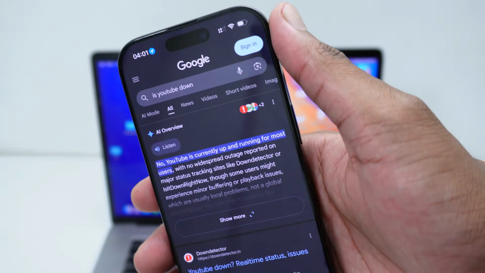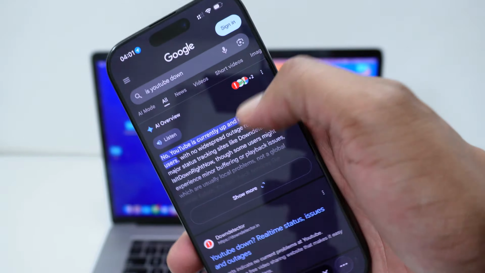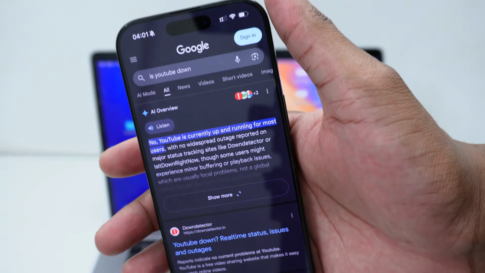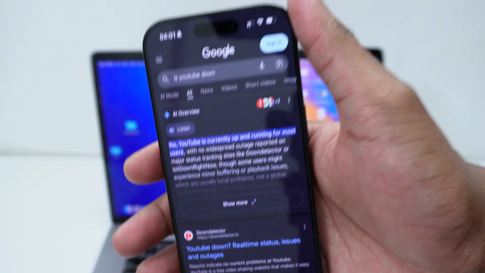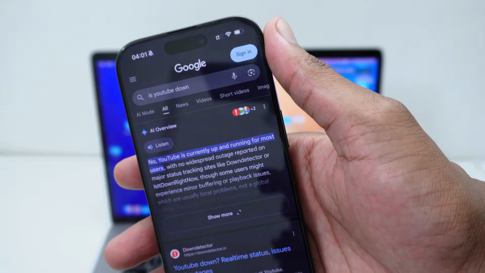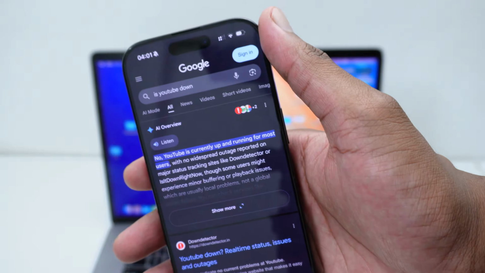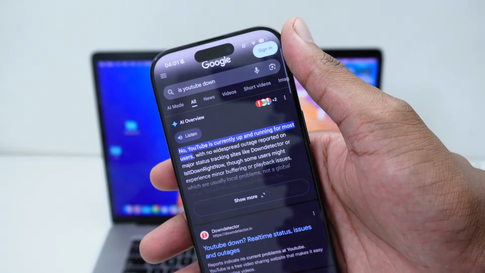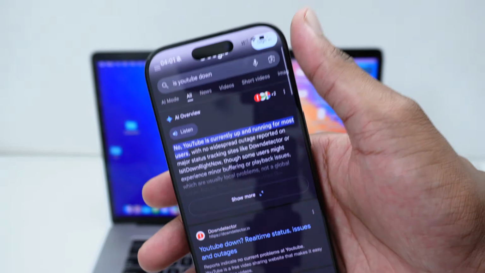You want to type this and then search in Google, and then you'll be having a response in here, which most probably will be, first of all, AI. No, YouTube is currently up and running for most users. This means that the server of YouTube is running well. If it's working fine, then the problem is with you. But in case there's a problem with YouTube servers, it's common from time to time. They might be performing some maintenance,